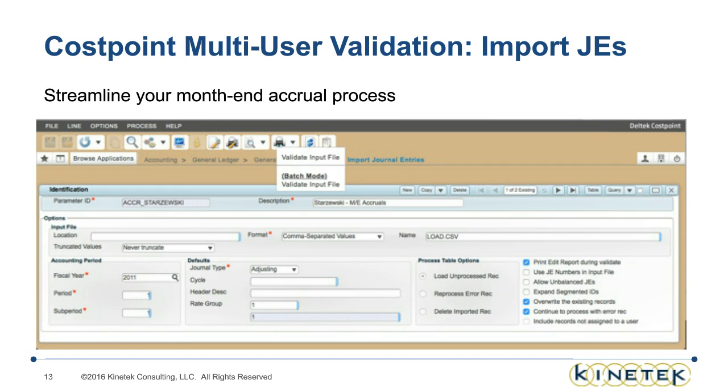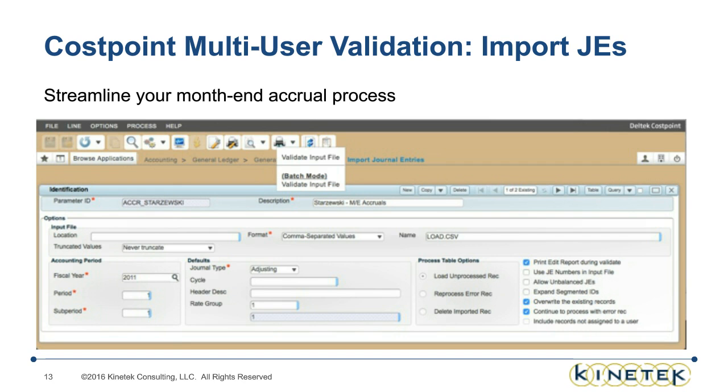So you have two choices. You can sit in front of a screen and enter a journal entry. And if you've got a 2-line accrual, that's probably the fastest answer. But if you're doing accruals that involve a multi-year contract, and you're in the base year of it, and it's got 200 CLINs, and you've got to do accruals across that, and you've got to do labor for a subcontractor workforce that has 50, 75, 100 people, well, it's probably not very realistic for you to sit there and key punch that type of entry in Costpoint.